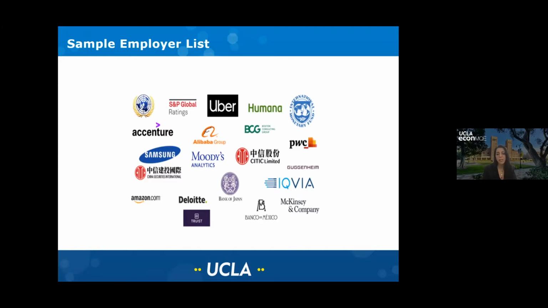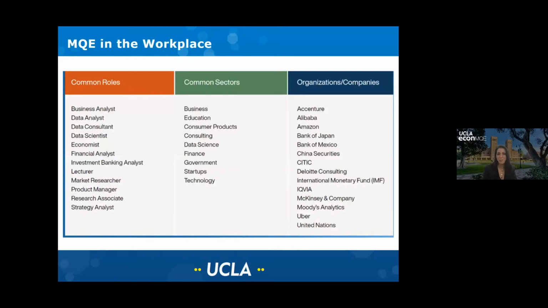as you can see here, such as Amazon, Deloitte, PwC, Uber is a big employer, Accenture, McKinsey and Company, and more smaller and mid-size and big brands in those sectors, again, of consulting, technology, financial services, governmental agencies, and data science. And here is a good example of some of the common roles and sectors and specific organizations that are